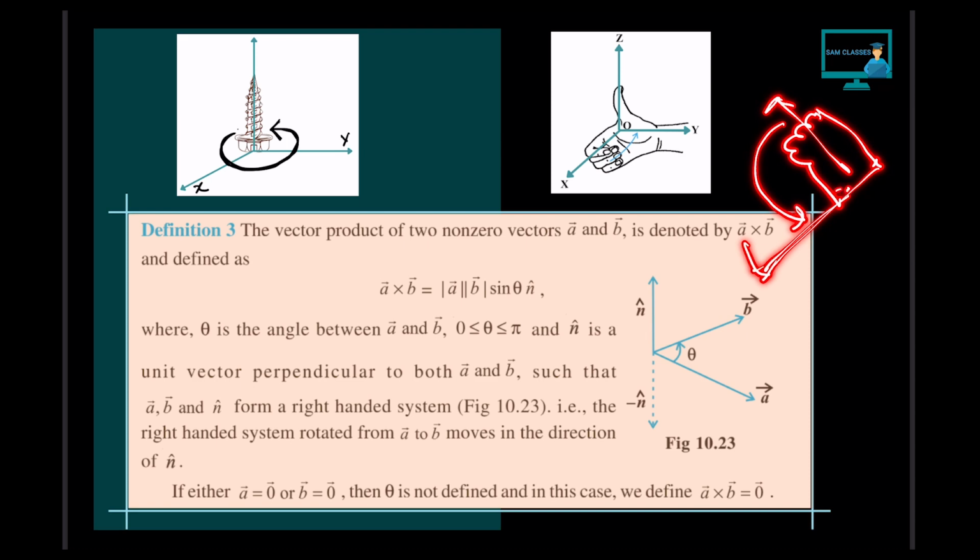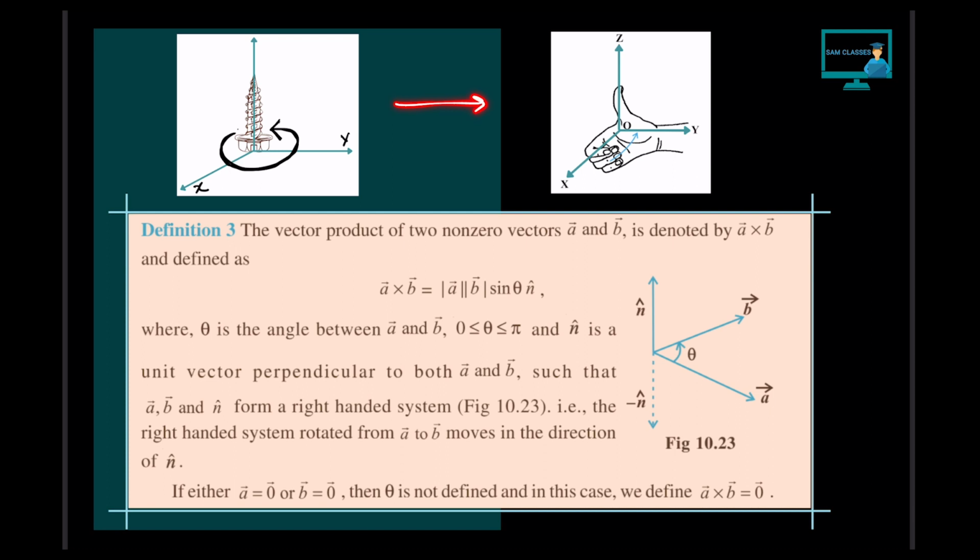So what will happen when you do? The thumb in this case will point in the direction of the vector which is perpendicular to both of them. And that is the cross product of two vectors. So we have, let's say, a vector, this is our a vector, and I'm curling it to the b vector. So when I curl it like that, perpendicular to that, you'll get a vector c, which is the cross product of a and b vector. That's simple.